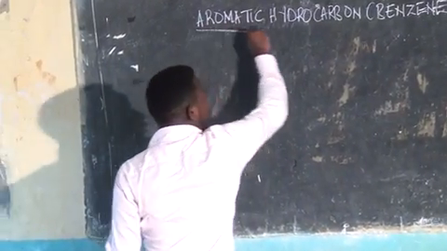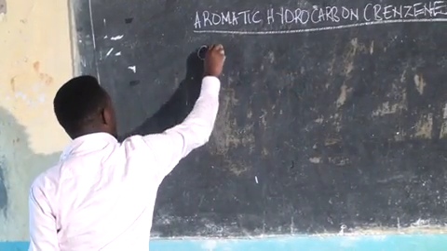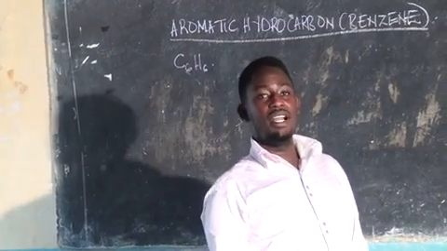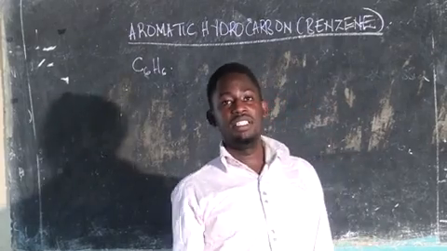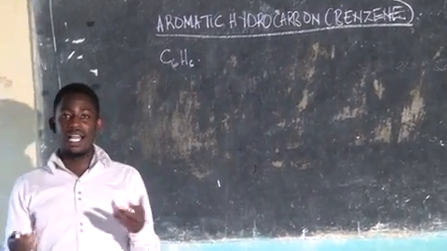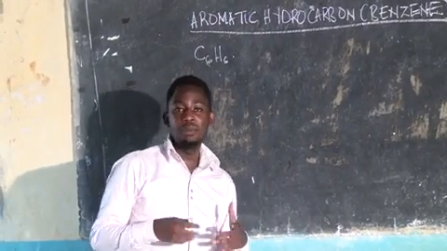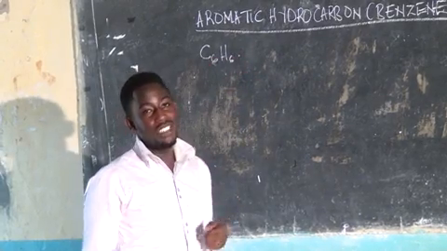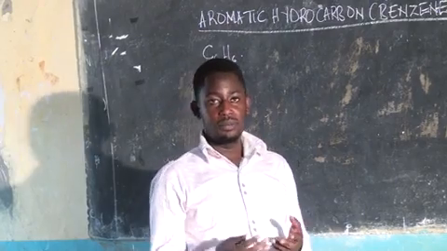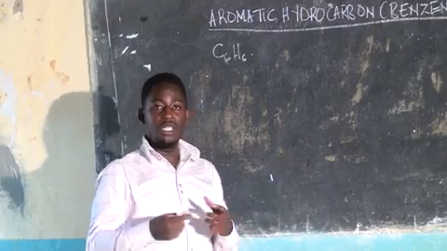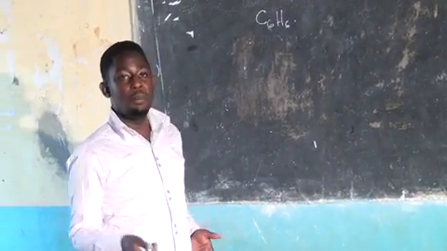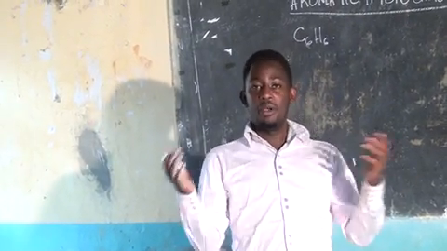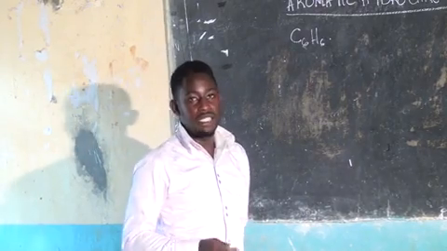We are going to say that benzene has the molecular formula C6H6. One thing we must appreciate is that right from the 17th century, people have been trying to come up with a specific structural formula for benzene. Most people would consider it an alkene, but it is not possible to write a compound with multiple bonds in a straight chain. The only way to do that would be to form a ring, and in the late 17th century, Kekule